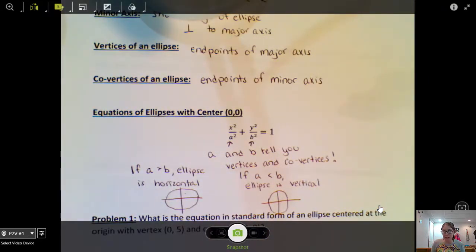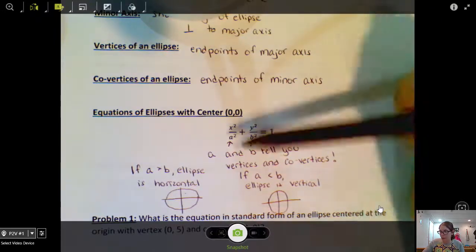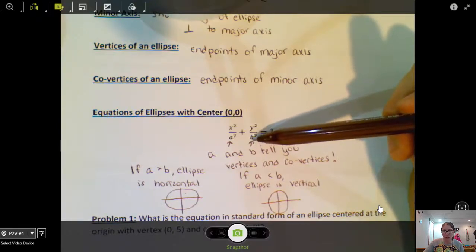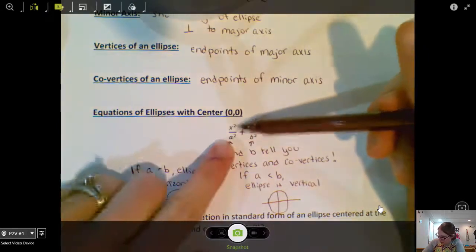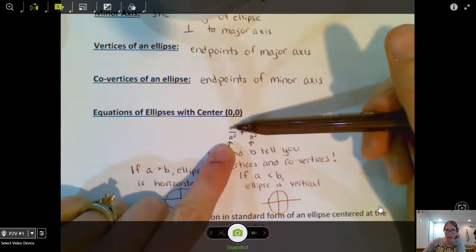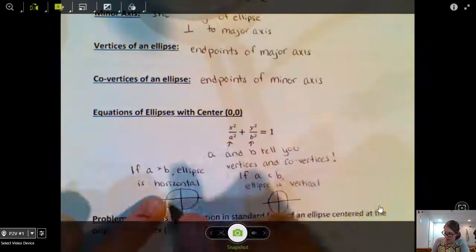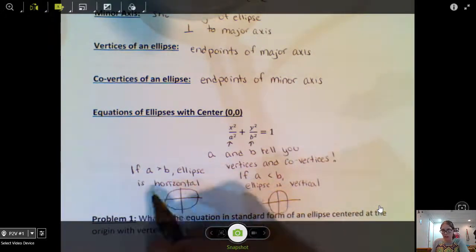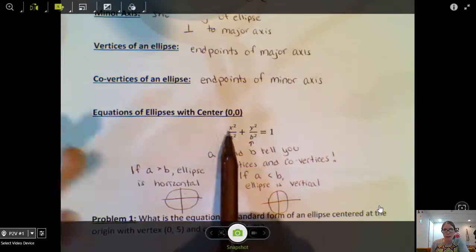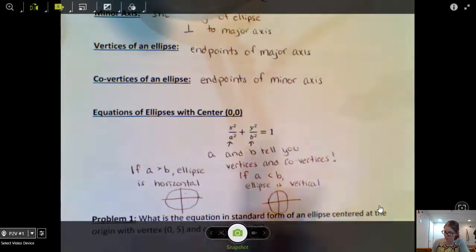I guess the way I like to think about this is that whatever the bigger number is, it's longer in that direction. So if a is greater than b, I have a bigger number paired with x. That means it's horizontal. So I like to think of it not necessarily just as if a is greater than b, but the bigger number is paired with that variable. It's longer in the x direction. All right, that was a lot of information, a lot of vocabulary. We'll start looking at some